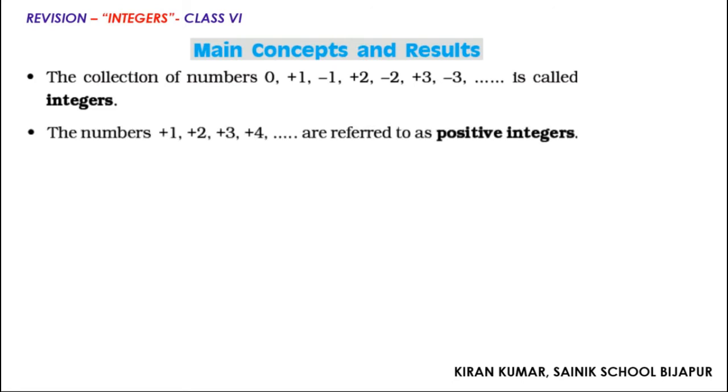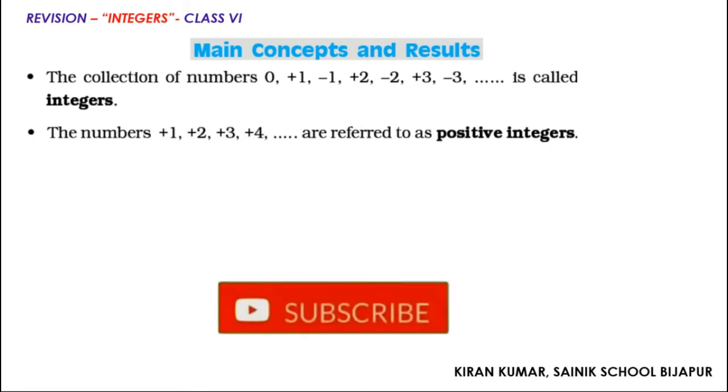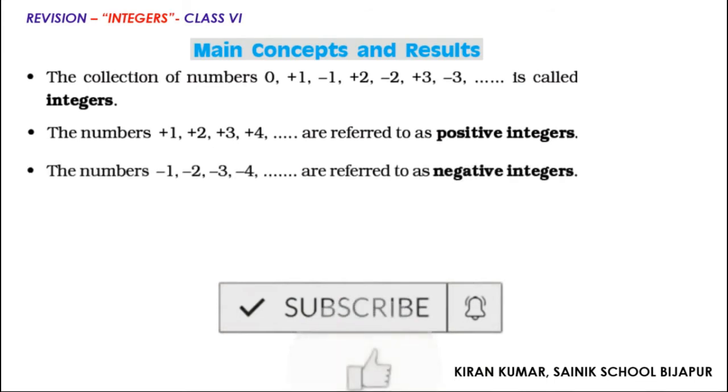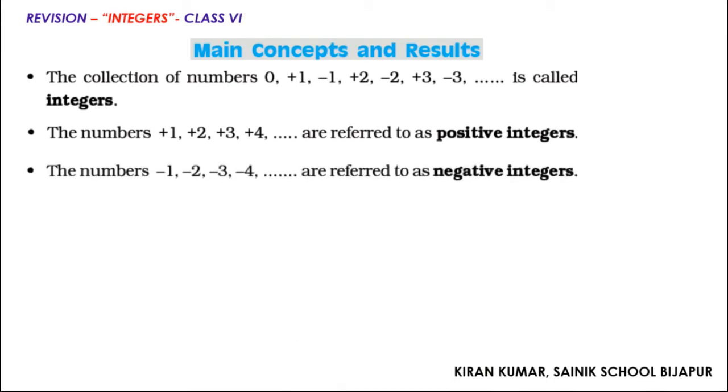The numbers negative 1, negative 2, negative 3, negative 4 and so on are referred to as negative integers. The numbers 0